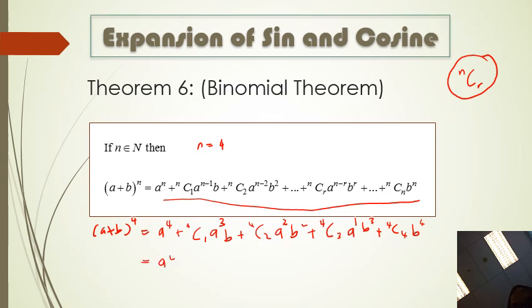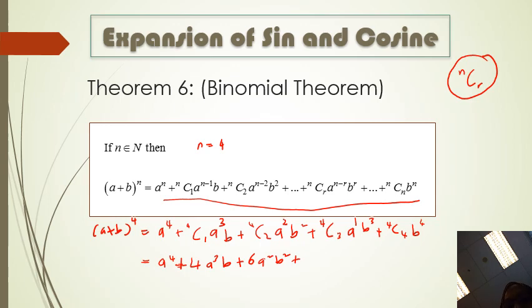So it will be a^4, and you want to simplify. 4C1: you press 4, then shift, the divide key, and then 1. 4C1 you get 4, a^3 b, plus 4C2: you press 4, shift, divide key, 2, gives 6, 6a^2 b^2, plus